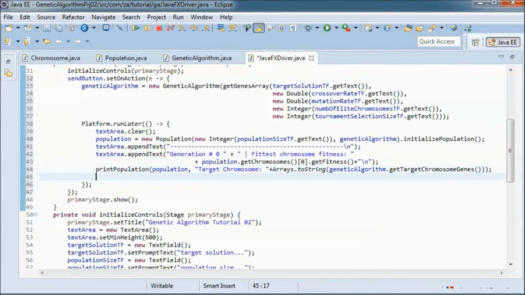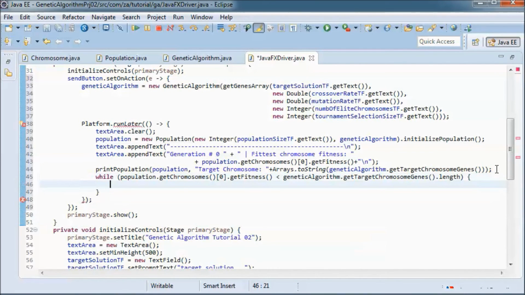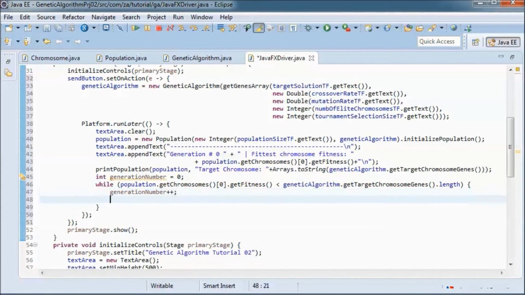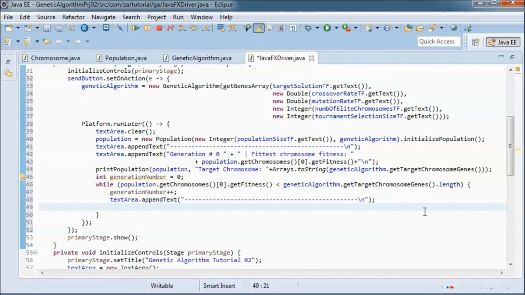And I will have the code that evolves the population in this while loop. So let's define this generation number here, and increase the generation number counter. And evolve the population by calling geneticAlgorithm.evolve, passing in the old population, and this would be the evolved population.